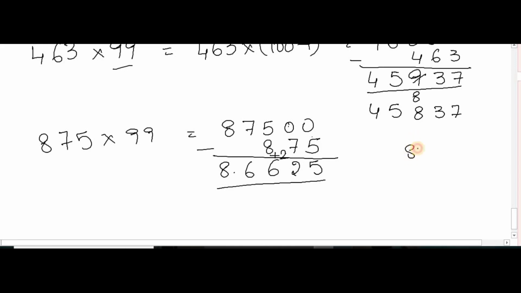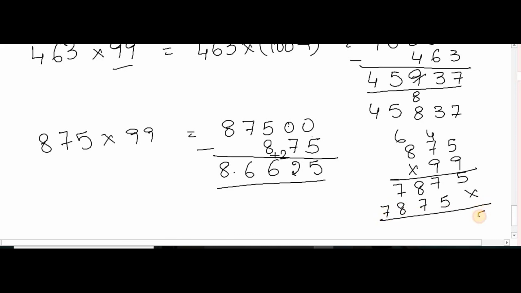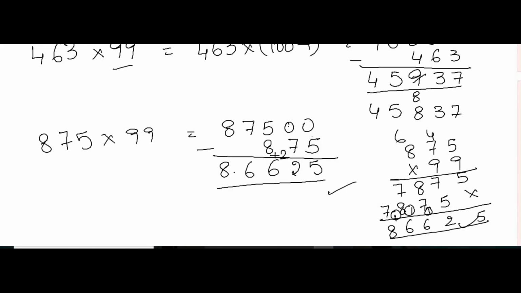Now we will see the original multiplication, the school method. 9 5s are 45, 9 7s are 63 plus 4 is 67, 9 8s are 72 plus 6 is 78. The same answer will come. So we got the same answer. Just follow the same rule even for more 9s. As the 9s are increasing, we will go with hundreds or tens like that.